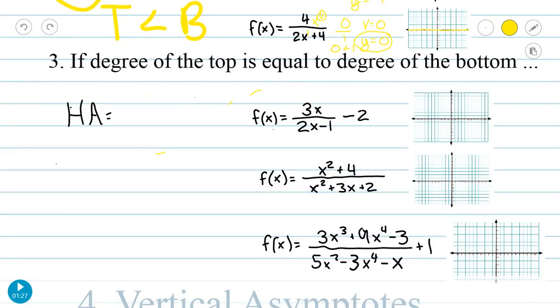So we'll do a few examples to show you what that looks like in actual equations. So let me write that down here. I take the ratio of the coefficients, and I add them to the vertical shift if the degree of the top is equivalent to that of the bottom. Okay, so